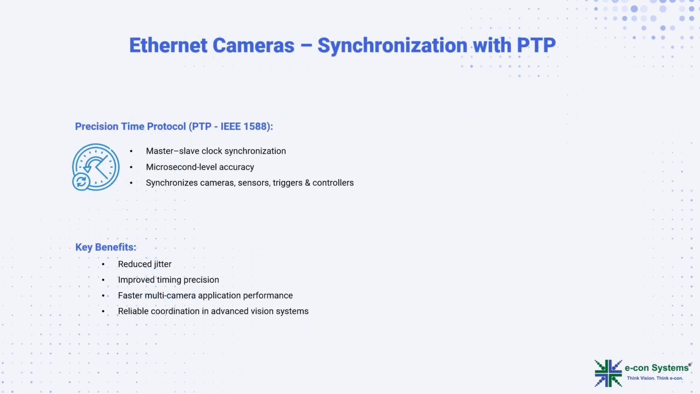Another key advantage we see in the Ethernet interface is PTP synchronization. In many embedded vision applications, multiple cameras and devices need to be precisely synchronized to work together. This is where the Precision Time Protocol, defined by the IEEE 1588 standard, plays a crucial role. This standard describes the hierarchical master-slave concept for distributing accurate clock signals across the network. In this system, one device acts as a master clock, providing the timing reference,